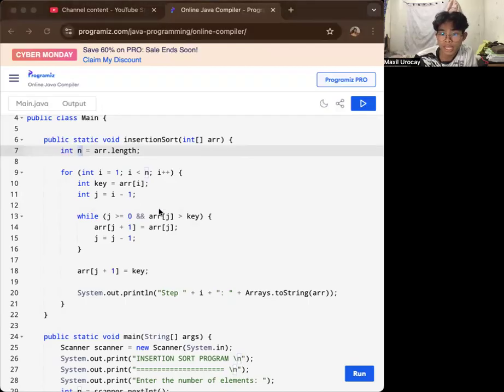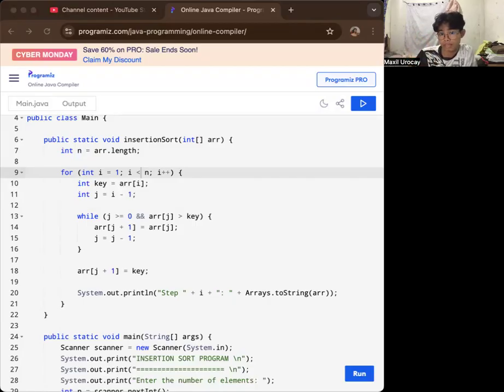Now, for int i equals 1, i less than n, i plus plus, or increment. This starts the outer loop for the insertion sort algorithm. That loop begins at index 1 since it's not the same as the selection sort, where you just select the lowest value. Here, you compare starting from two elements.